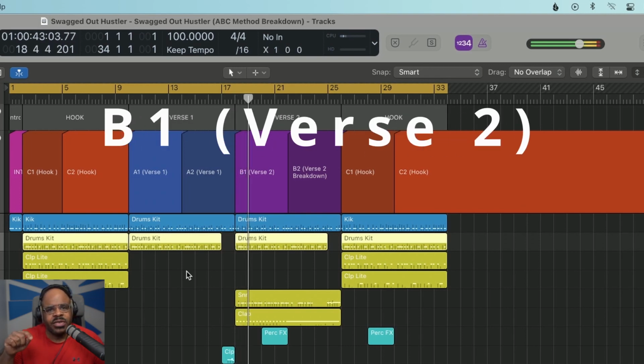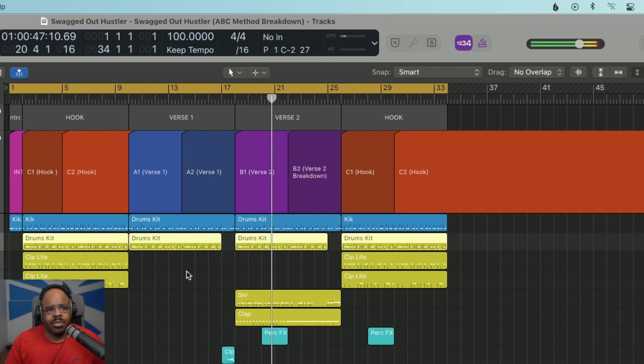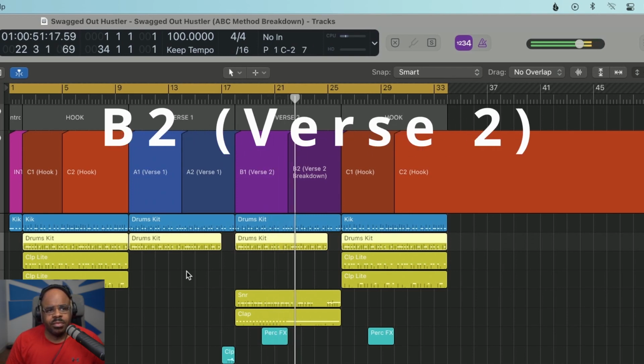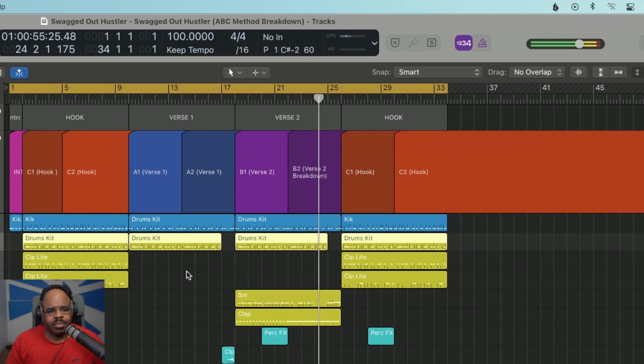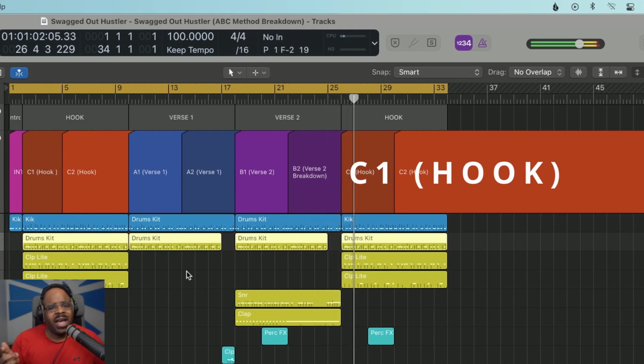Then the second verse sounds different. The drums are louder. Breakdown. That's B2. And back into the hook.